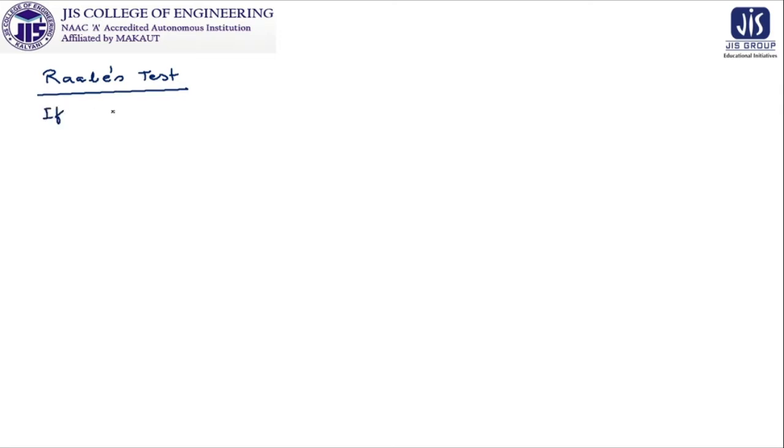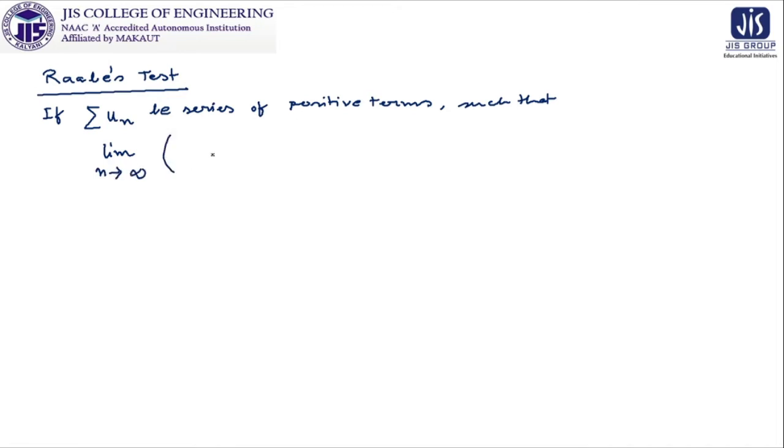It tells us that if summation un is a series of positive terms, and the condition is such that limit n tends to infinity, n into (un by un plus 1 minus 1) is equal to L, which is nothing but a real number, then